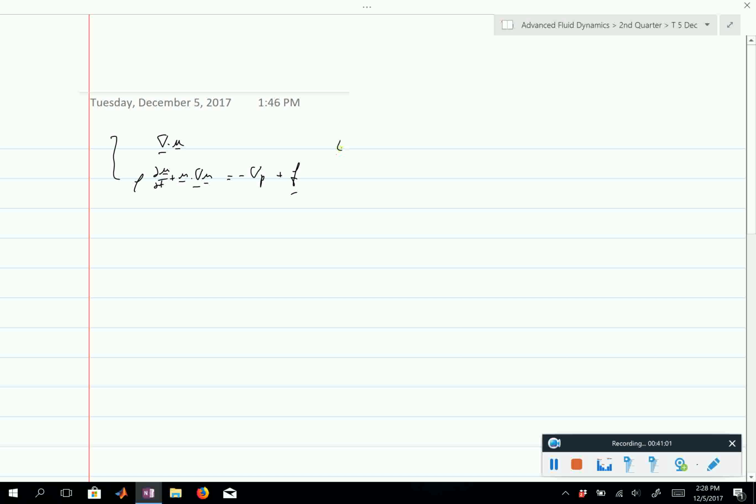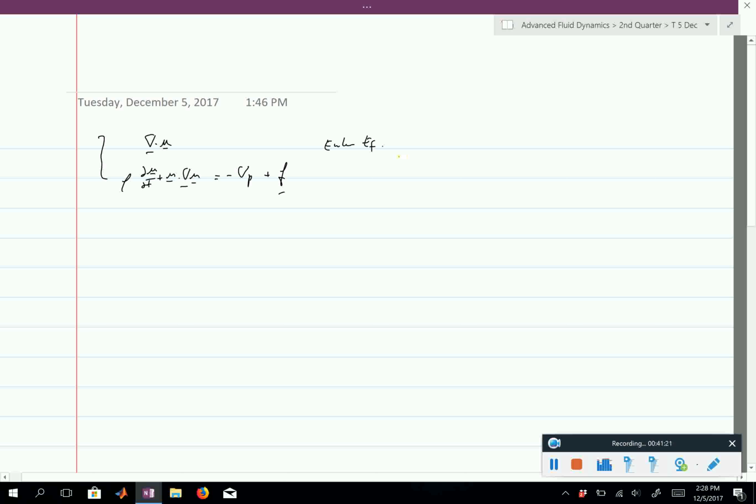Those are your Euler's equations. But if the flow is irrotational, what equation are we going to use instead, which is a simplification of this equation? The unsteady Bernoulli equation. It is valid for incompressible flows, and still valid if the flow is not steady. So this simplifies for irrotational flows